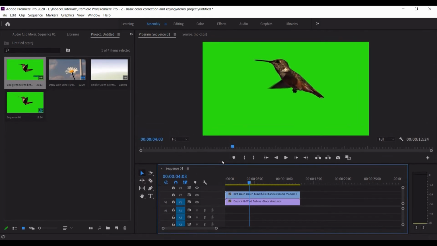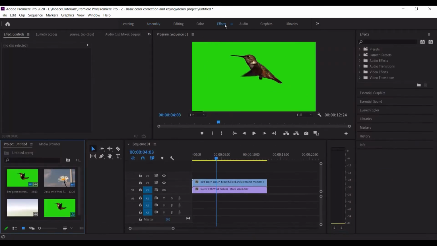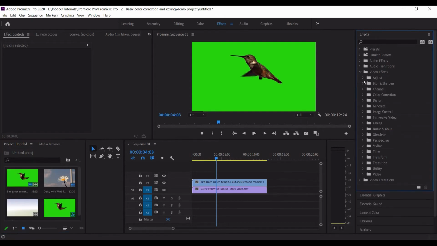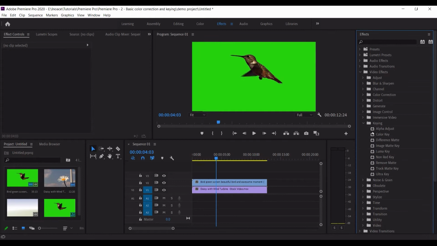Let me increase the size. And let's go into effects layout. In effects layout, let's go to video effects, and in keying folder, let's select ultra key.